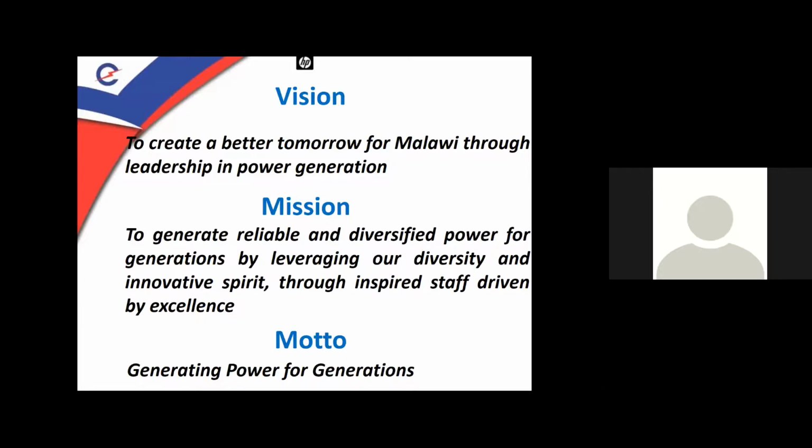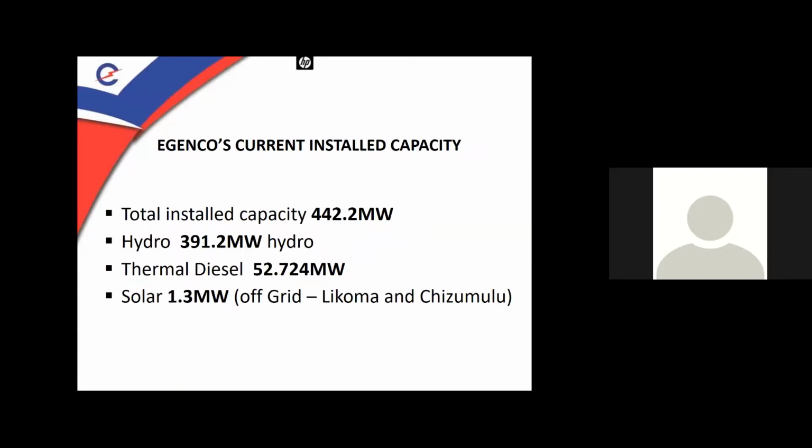the damage that was caused by the cyclone Anna. But I must mention that on this slide, our current capacity as a company is 442.2 megawatts, of which 391 is hydro, and 52.7 megawatts is diesel generation, as well as an off-grid solar of 1.3 at the two islands of